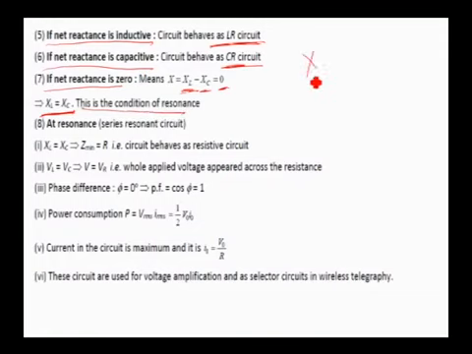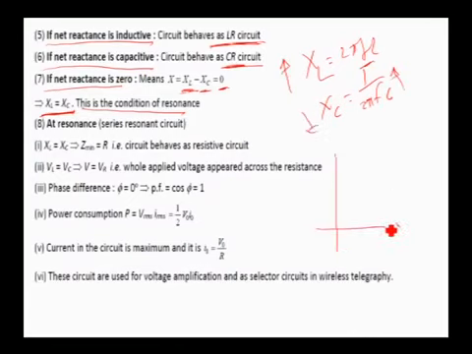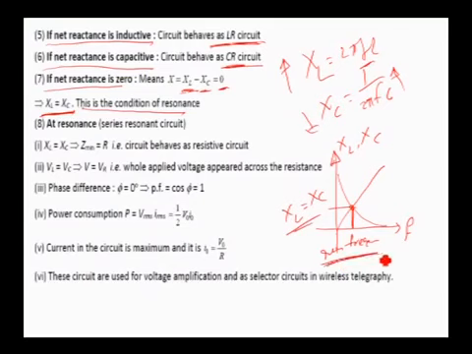I'll take an example. We have XL equal to 2 pi FL and XC equal to 1 over 2 pi FC. When F is increasing, XL increases. When F is increasing here, XC decreases. If I plot a graph here, this is XL and XC. So with frequency, XL increases whereas XC decreases. At one point, both XL and XC become equal. The point where both are equal is said to be the resonance condition, and this frequency is called resonant frequency. This is the condition for resonance.